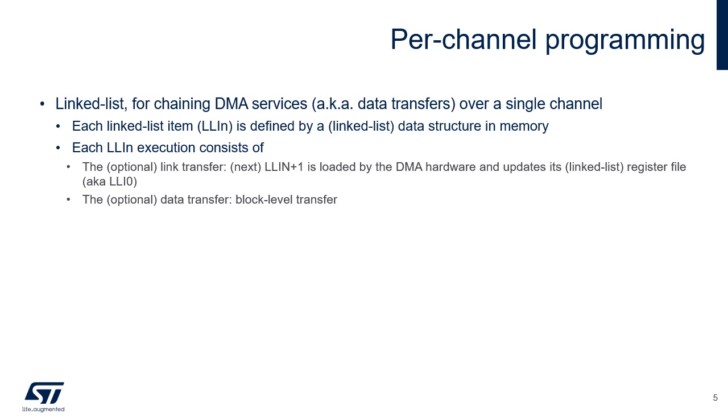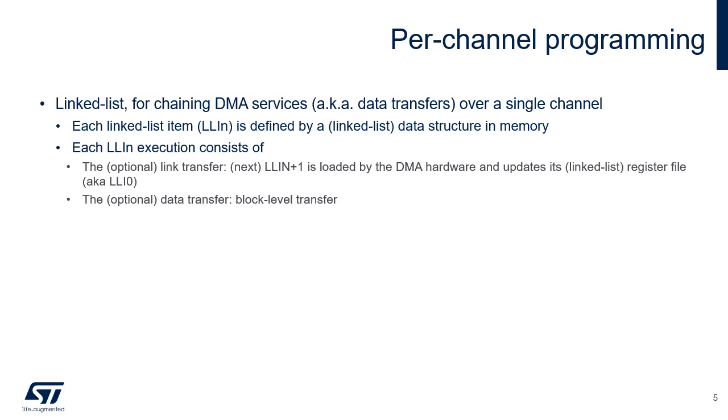Transfer chaining for a particular channel is performed through a linked list. Each item of the linked list is called a linked list item or LLI, which is a structure allocated in memory. The LLI has to be initialized with the values to transfer to the control registers when the chaining occurs. An LLI is made of a data transfer, where GPDMA executes the data transfer as described by the GPDMA internal register file. Note, this data transfer can be null for LLI 0. And a conditional link transfer, where GPDMA automatically and conditionally updates its internal register file by the data structure of the